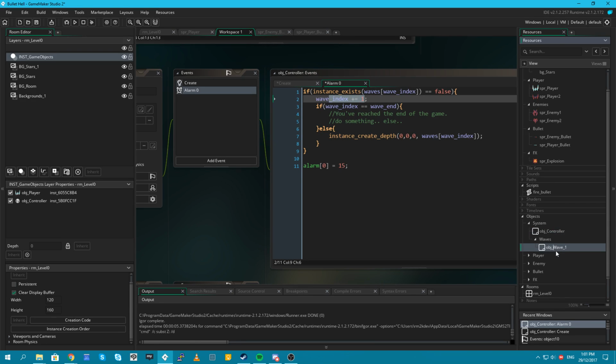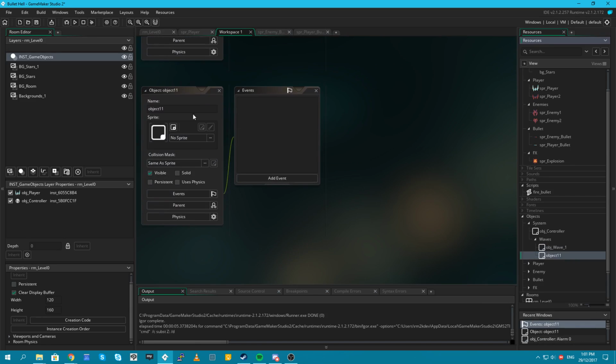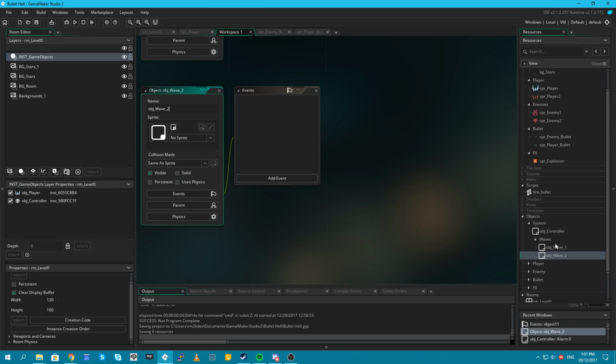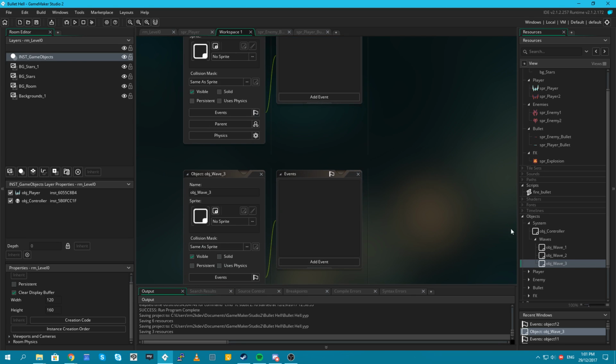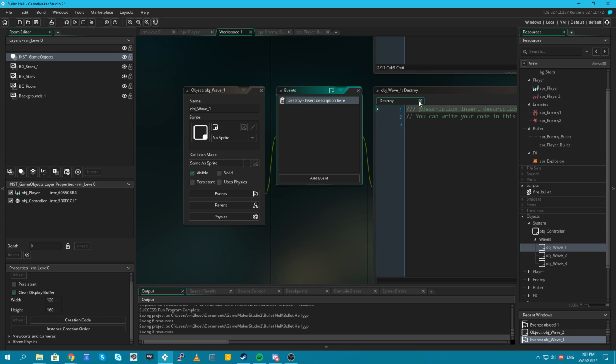So now let's create 3 waves. I'm just going to test this by creating object obj underscore wave underscore 2, and then I'll create another one, obj wave underscore 3. Now in each of these, they're going to have a create event and a timer. So, oops, not destroy.